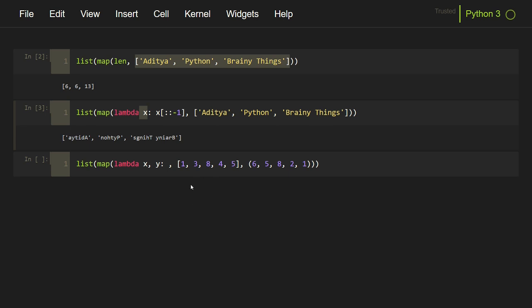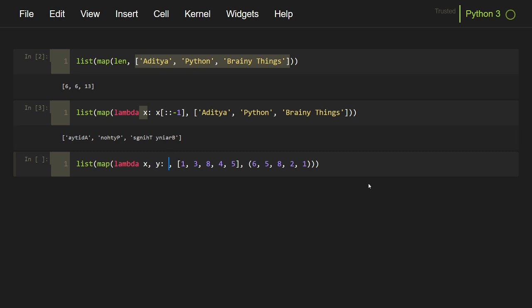In this case, the map function will extract the first element of all the iterables inside this comma separated list, and then it will call this function by passing each of these elements as a parameter, and the value that is returned will be stored in the final list.